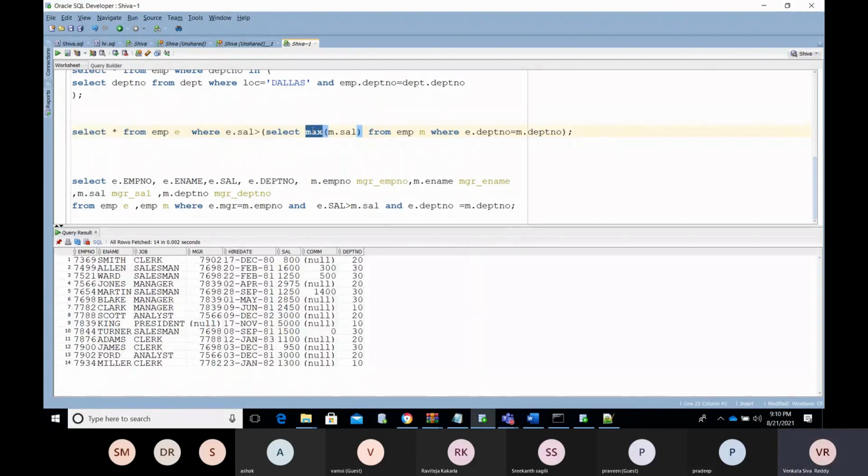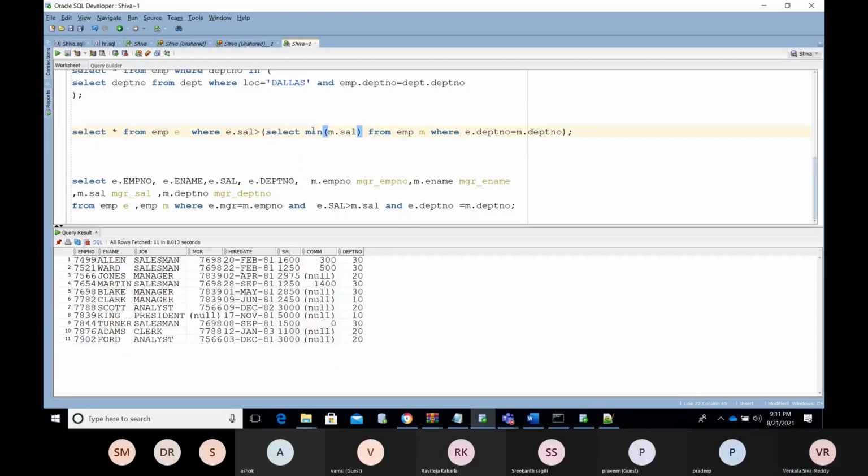Why is it not getting data? So you are trying to find out, so there is some department table. So like 100, 200, 300, we have three employees. You are finding the maximum salary, in the sense 300 is your maximum salary. So on top of that you are trying to filter the data, who is earning greater than 300. So no one is available, right? Understand? In case you use the minimum here, except the minimum salary employee, all the employees will come here. Understand? Any doubt?